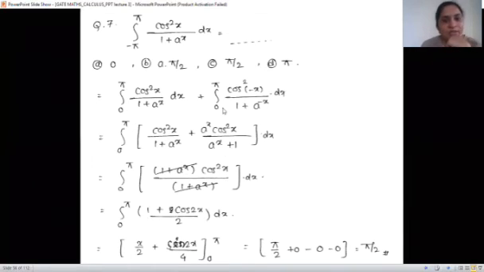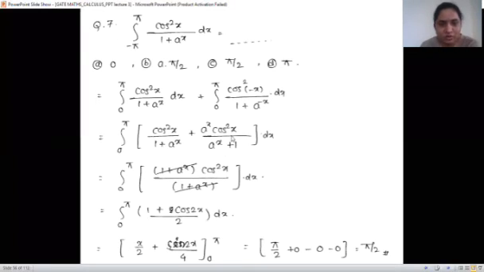We'll take a raised to minus x outside for that, right? If a raised to minus x is outside from this, here it is 1 and here it is 1 upon 1 plus a raised to minus x, right? So 1 plus 1 upon a raised to minus x, that is a raised to x. So it is 1 plus a raised to x, and we have already taken a raised to minus x outside. That will go to the numerator as a raised to x. Getting? So this is 1 plus a raised to x. Denominator is same now. So we are combining it. 1 plus a raised to x.